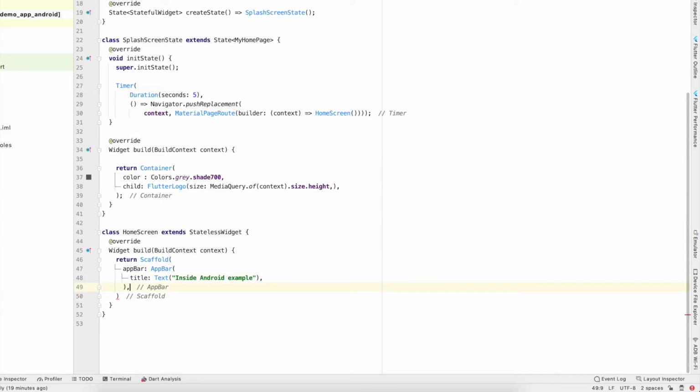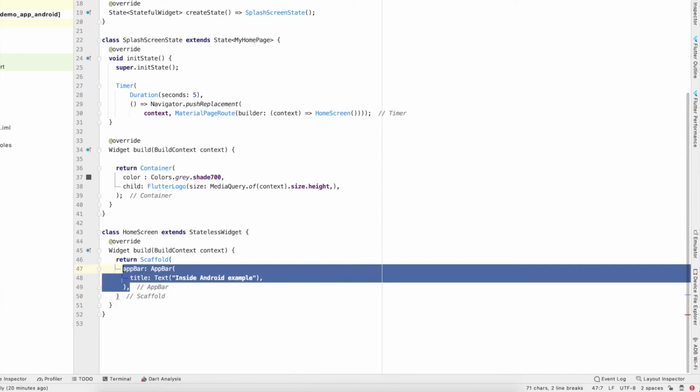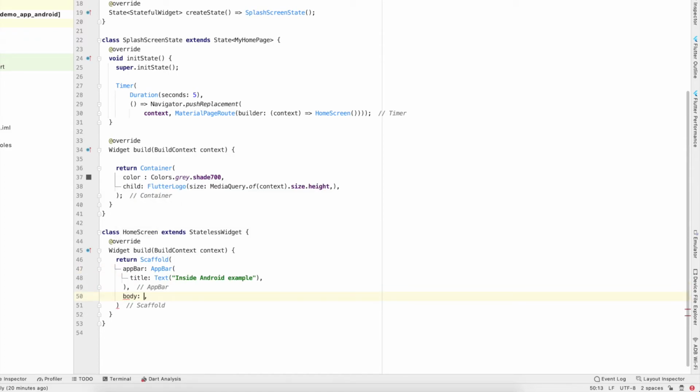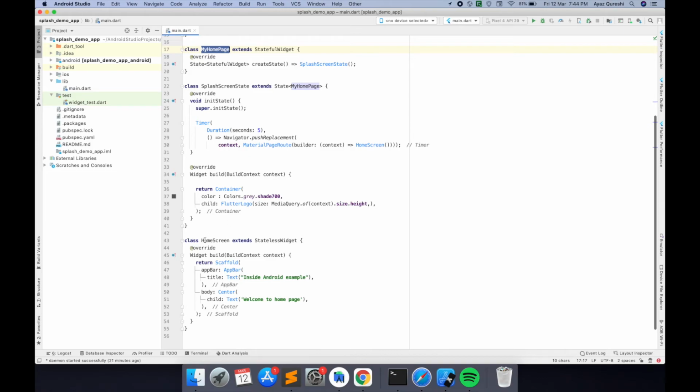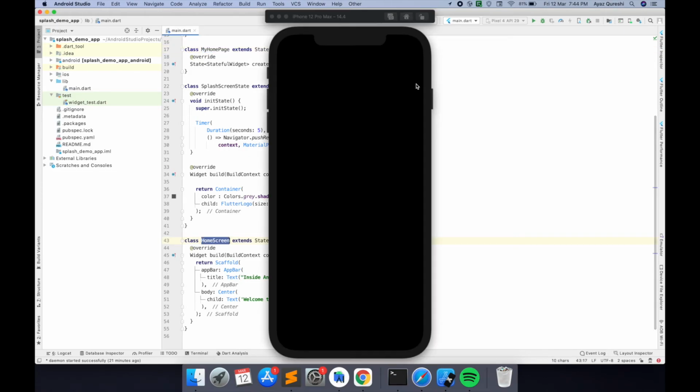I also need to have a body here, and the body will be a Center, and the Center will have a child, and this child will be a Text, and the Text will read Welcome to Homepage. So this is it for now. My MyHomePage is my splash screen, and this HomeScreen is my actual screen. So let me just run it and see how it actually looks.